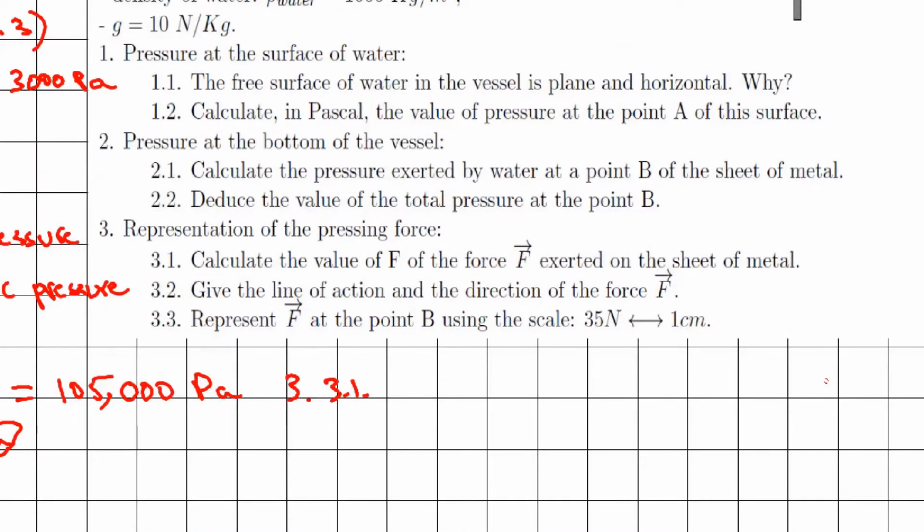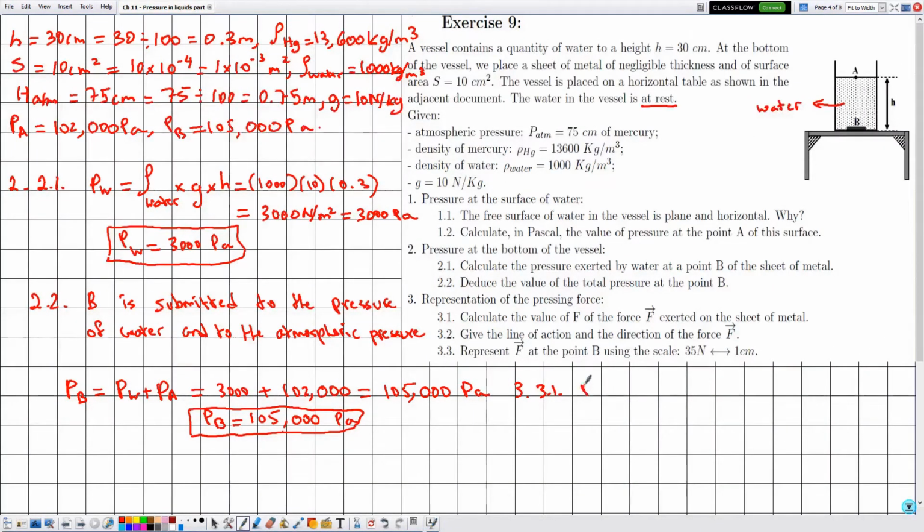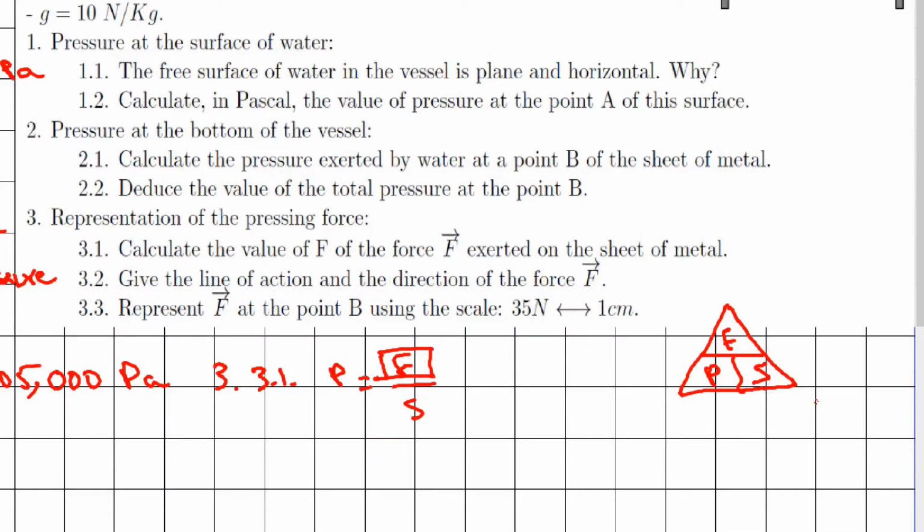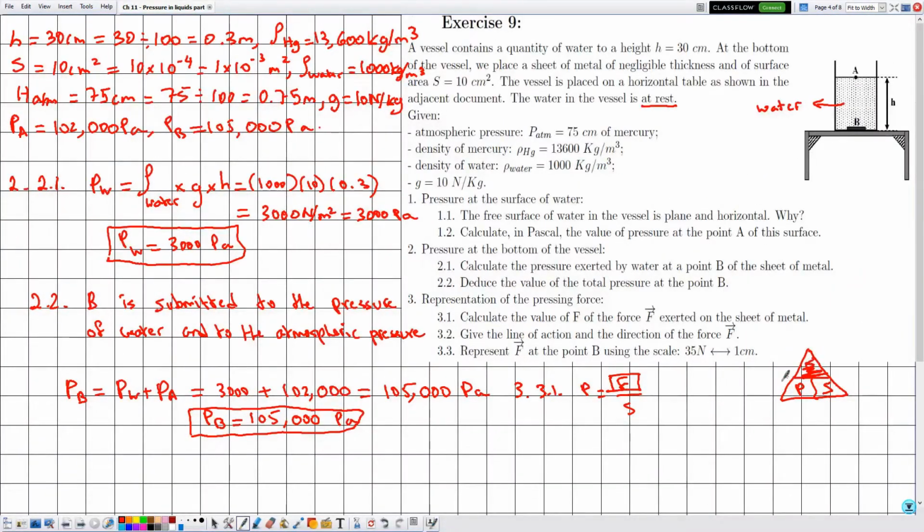Calculate the value of the force F vector exerted on the sheet of metal. Knowing that the title of this part is the pressing force, it's the force due to pressure. And we know that force and pressure are related via the following formula, P is equal to F divided by S. Knowing that we are interested in determining the value of F, constructing the triangle of this formula, because we have divide, then P will be at the bottom, F at the top, as here. Putting our hand over F, then F is given by